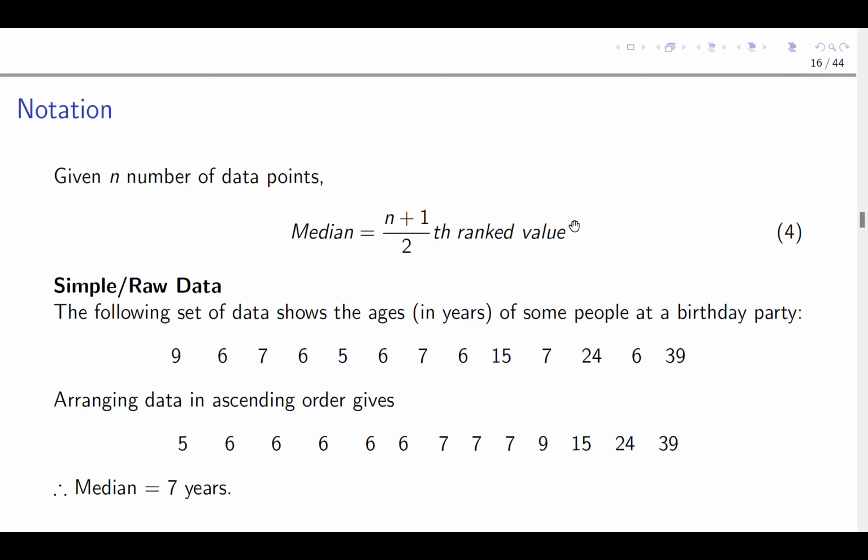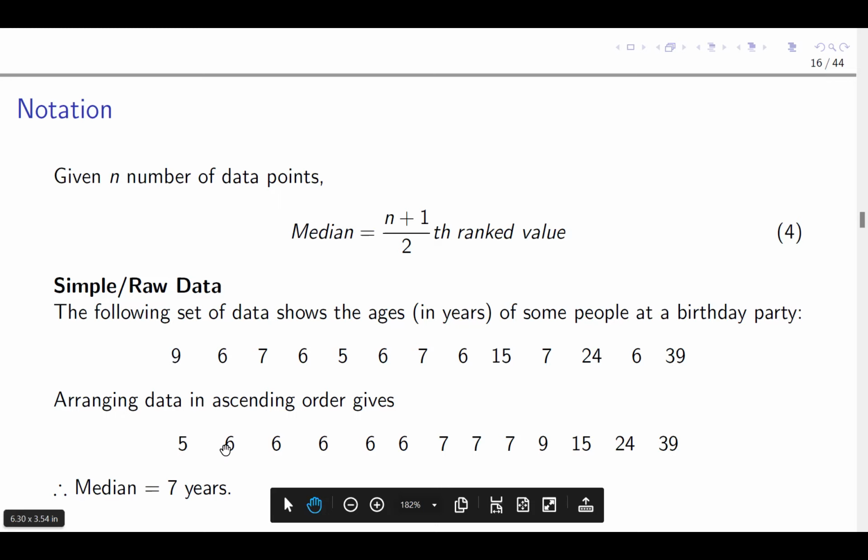All right. So let's look at a case where we have a very simple or raw data. The following set of data shows the ages in years of some people at a birthday party. Now these values are given. You can see that they are not ranked. So we can do the ranking ourselves. We start from the lowest value, which is 5, and then we arrange them in ascending order until we reach the maximum value of 39. Looking at these values, 1, 2, 3, 4, 5, 6, 7, 8, 9, 10, 11, 12,